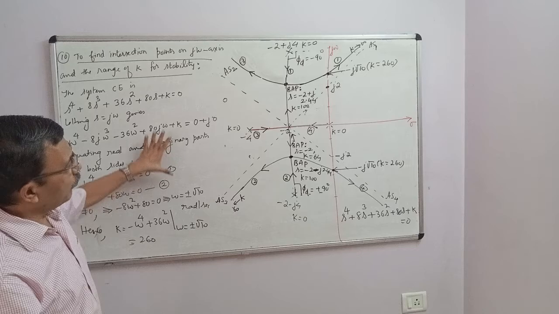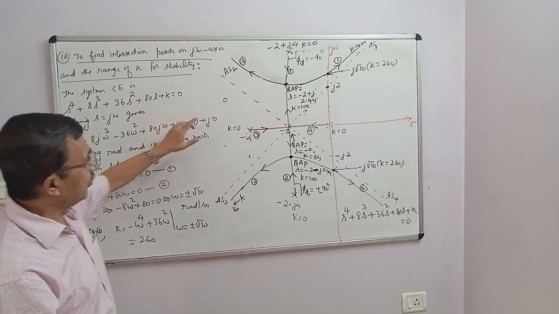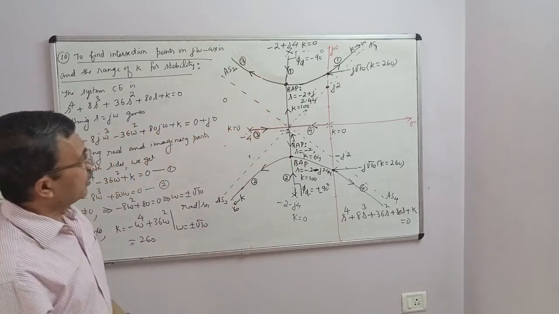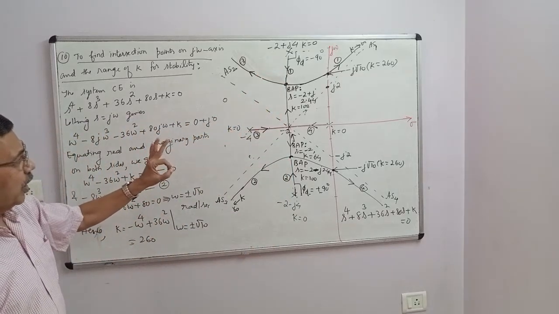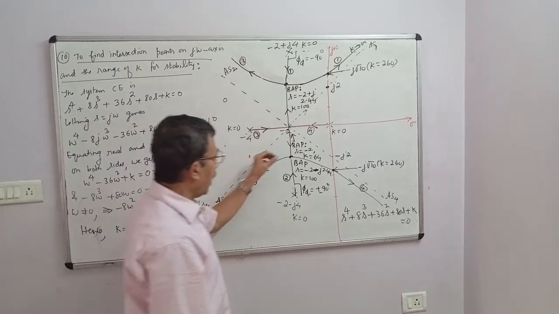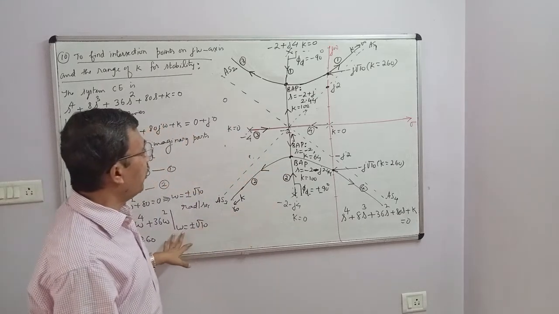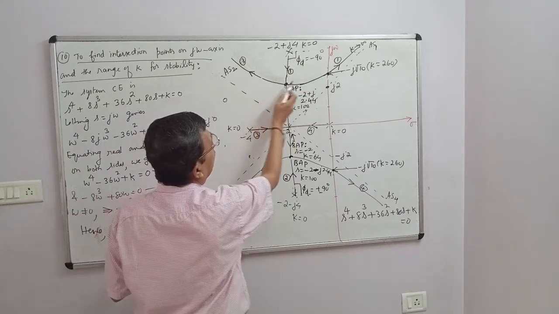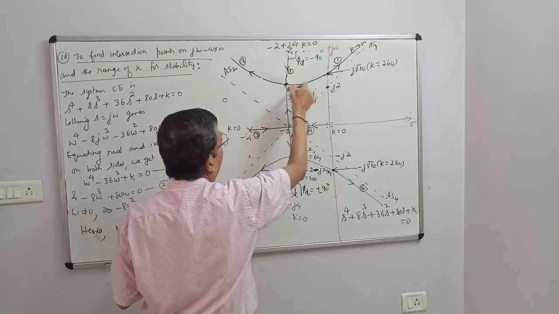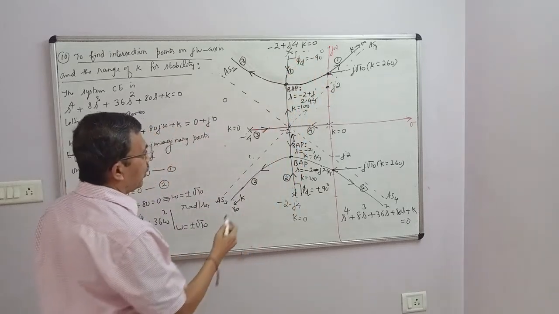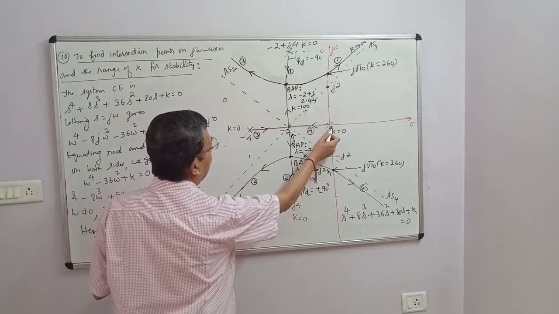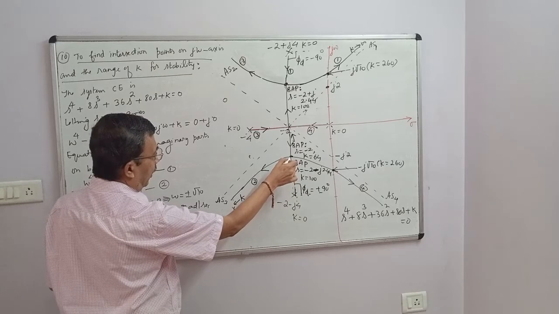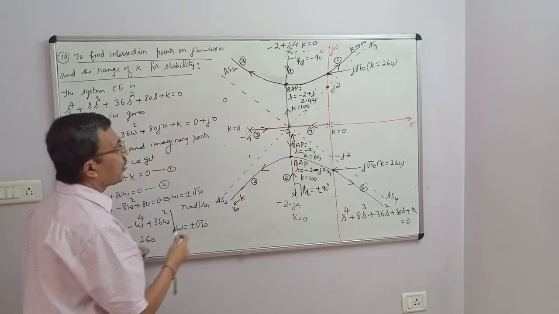What is important is symmetry. This figure is symmetrical with respect to the real axis. These are the 2 complex breakaway points, and this is the real breakaway point. There are 3 breakaway points. In the direction of the arrows, k should be increasing. So the value of k here is 0, the value of k here is 100, and the value of k here is 260. Here the value of k is 0, here the value of k is 64, here the value of k is 100, and it is going towards infinity.